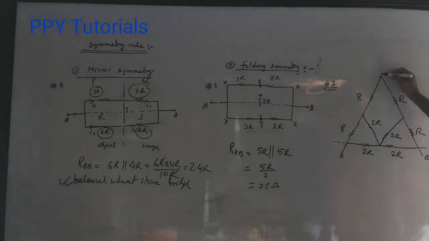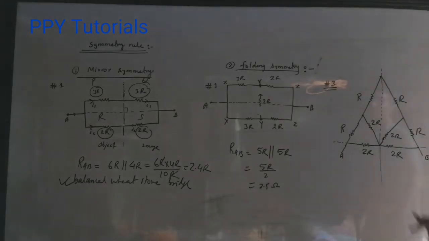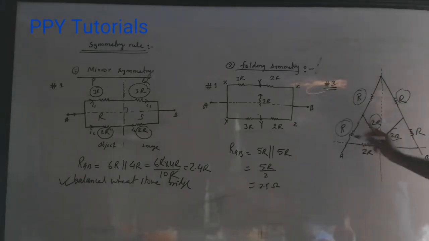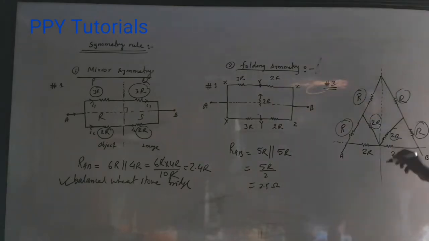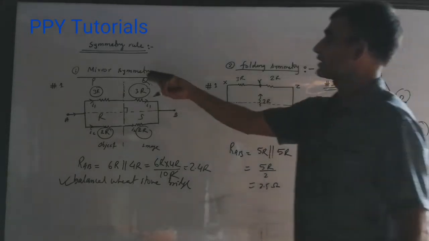Check it. Are you seeing here? See this? Now check this. Left side and right side looks like. Yes, here is R, here is R, here is 2R, again here is 2R. This is the object, this is the image you can imagine. Likewise, here R and here also R only. 2R, 2R. Of course, this is the line of symmetry, and this time the line of symmetry is perpendicular to the axis. And so if it is perpendicular to axis, then we can use the mirror symmetry.